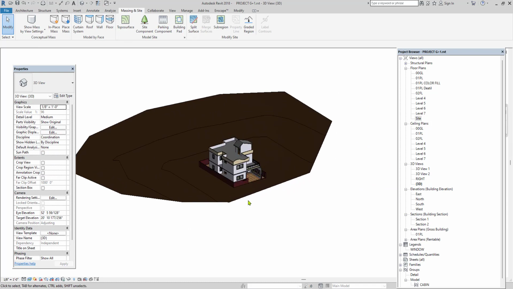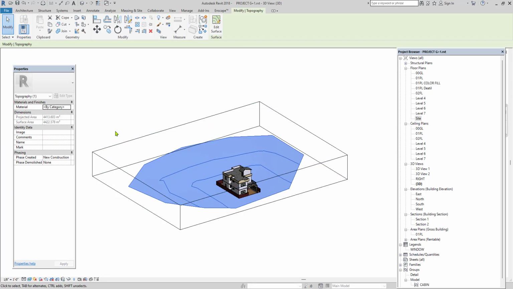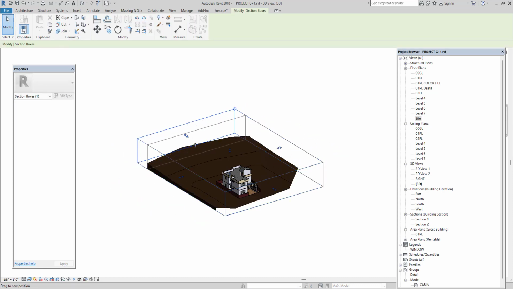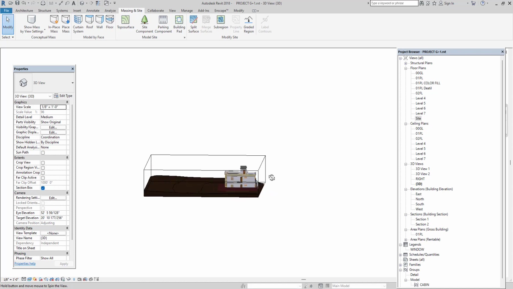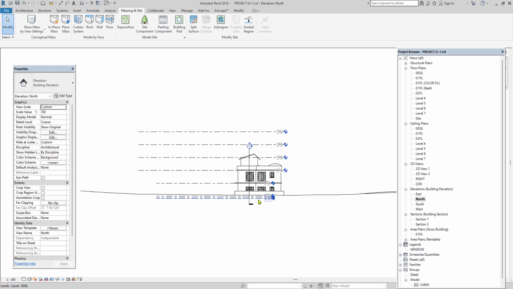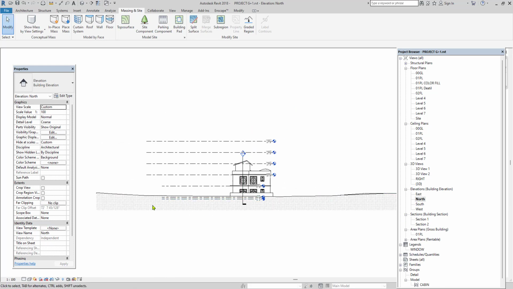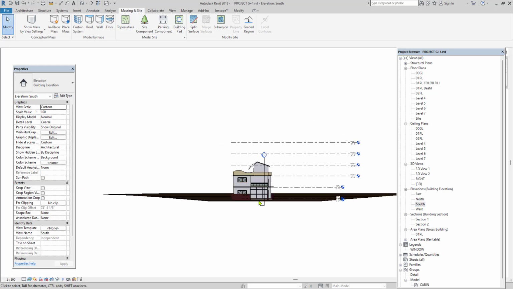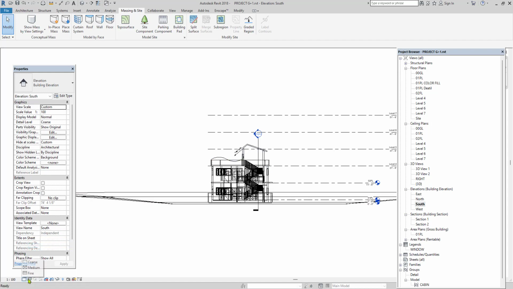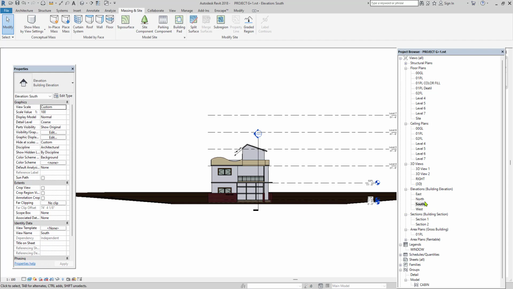So here we don't get a proper idea what type of site we have. To get it properly, you can go with the section box option on it and then you will get a section box. By using that arrow mark, you can just crop this a little to get a proper idea of the site we have developed. So this is how we got the contour elevations. Go to the elevation and then have a look. So this is how we have created the site. And even if you go to a different elevation, keep your view in wireframe or hidden to get a better idea. You can switch this one.